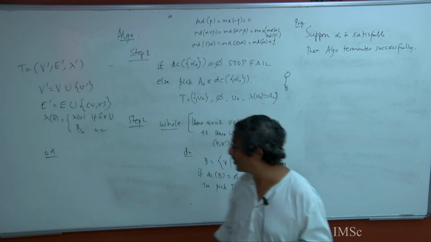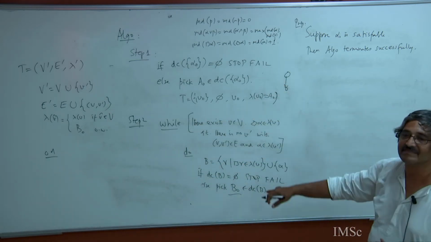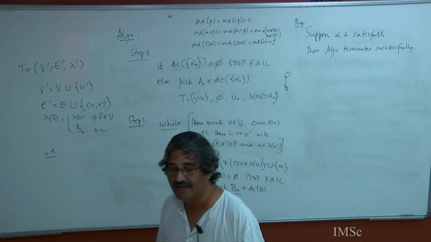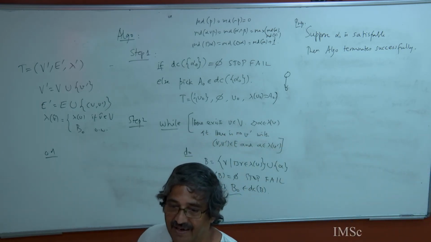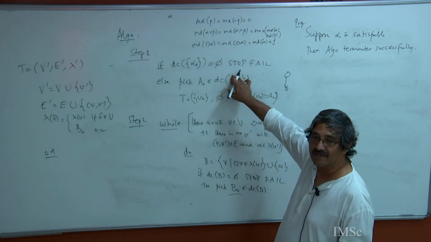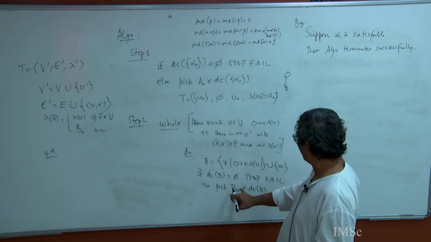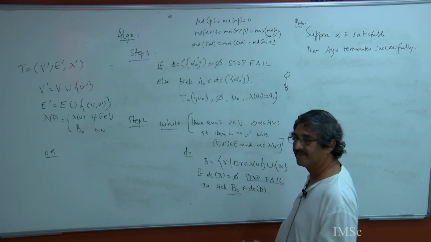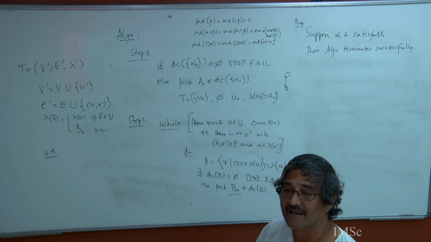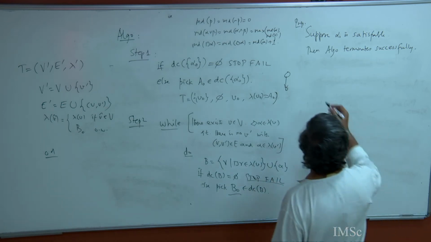You will never ever go through the stop fail business, right? That is the only way, because we know that it terminates. If it fails, it must be because initially you encountered a stop fail, or somewhere down here you encountered stop fail, right? So we have to prove that that is not going to happen. How do you prove this? Let